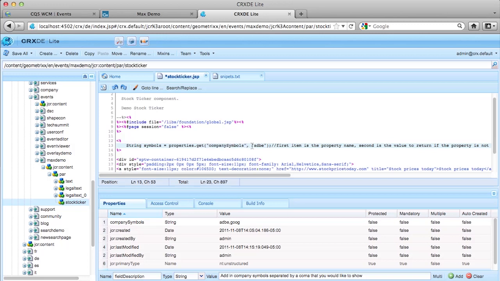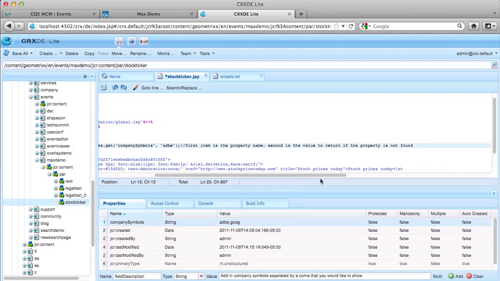Okay. And then the second parameter on this method is what to return if the property doesn't exist. So if I make a call to get this property and it doesn't exist, basically, it's going to give me this value back. We can have this value be anything, but it's just a really safe way to make sure that we always get something in this symbols property here. So now this string with the symbols, which is being read from here on the page, is now in this